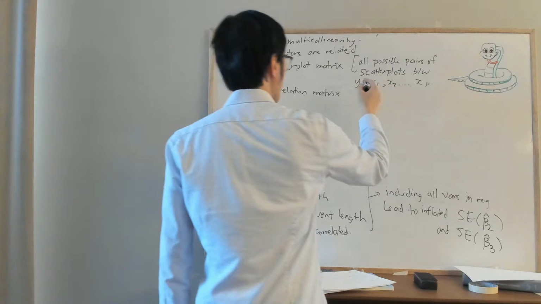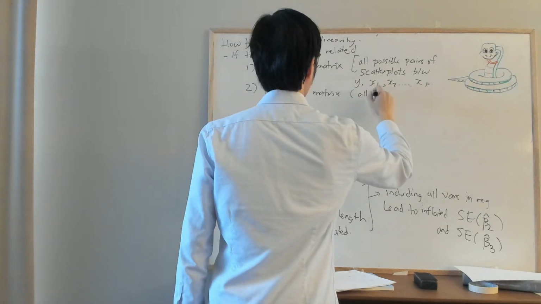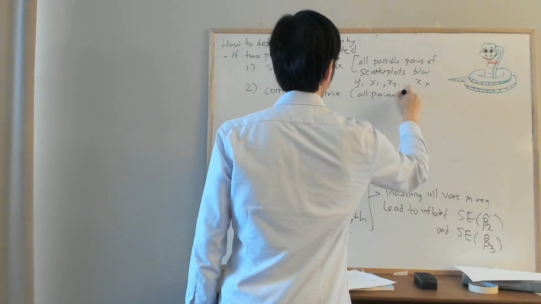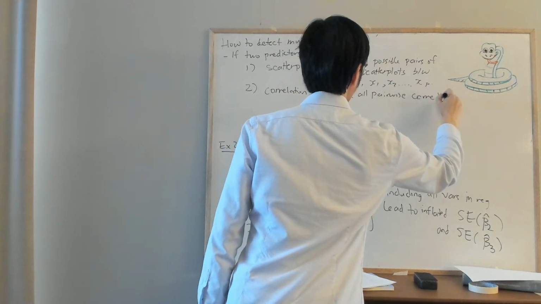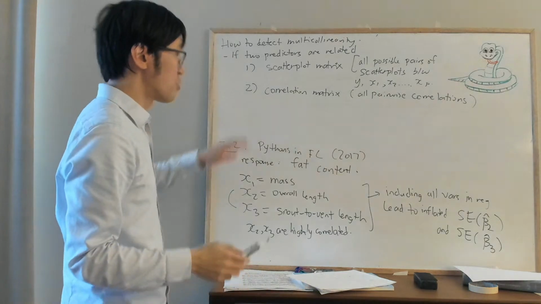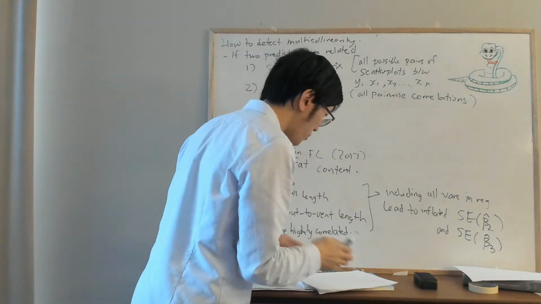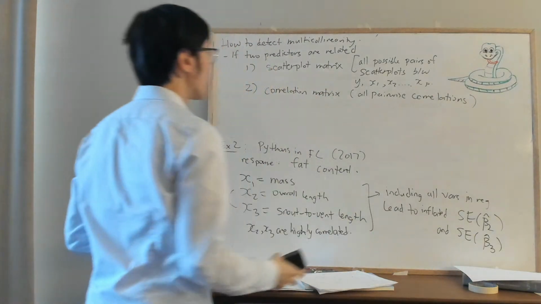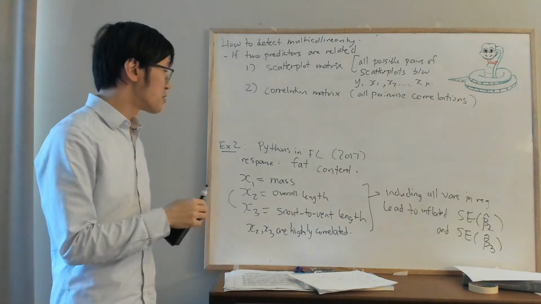Okay, so again, this is all pairwise correlations. I will show you in just a little bit how we would do this in R with a couple of examples. But what if the relationship is